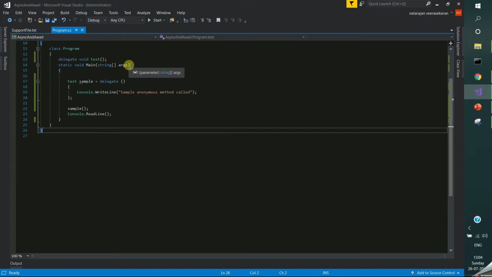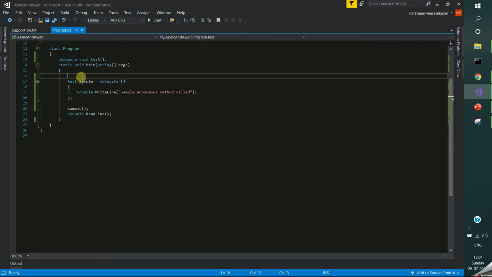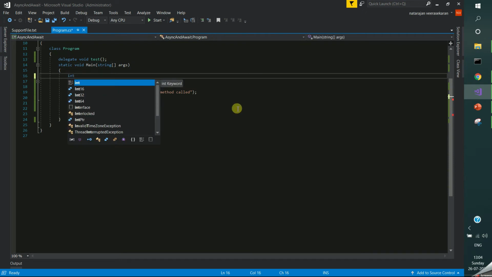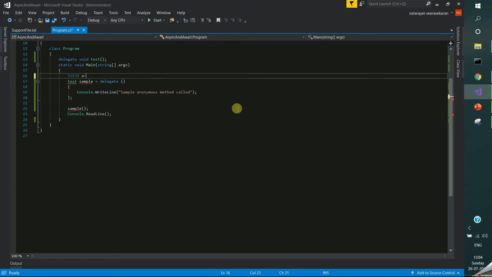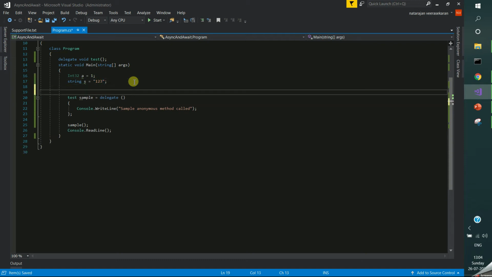Here you can see I declared one delegate. First you have to know what a delegate is. Actually, a delegate is a data type we are defining as a function, I mean a functional data type. For example, if you declare an int variable a, you can assign an integer to that variable. If you declare a string data type, you can assign a string to that variable. Likewise, you declare a data type and assign a function to a particular variable.